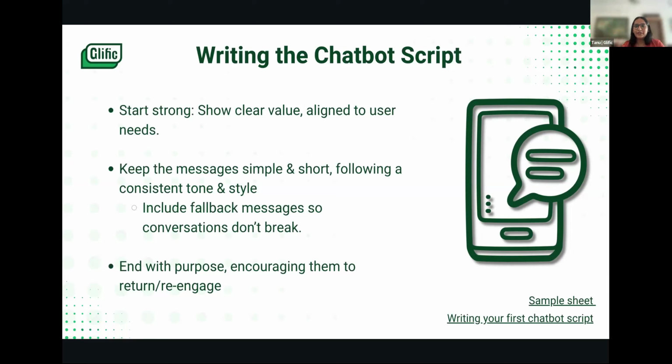But certain things that you need to definitely keep in mind when you put the script across is, always start your conversation with a strong value proposition. When I look at a chatbot's message, why should I engage more with that product? What is the value that it is adding to me, which will make me go ahead in the particular conversation? So it's very important that you open with a very clear value proposition, showing what's in it for them, and of course, this has to be in line with what your user also needs.